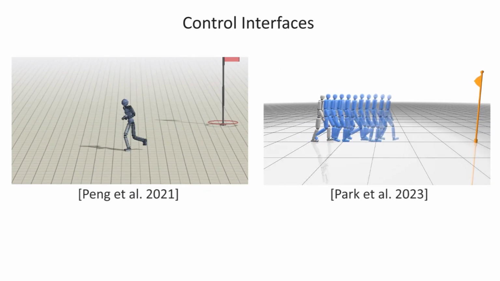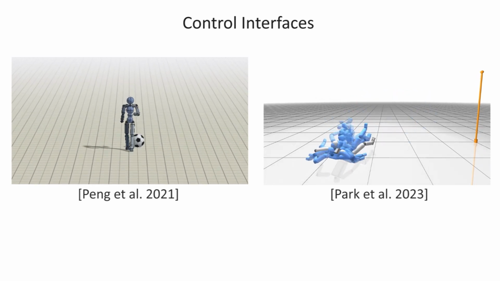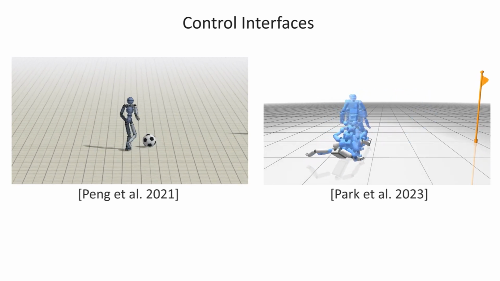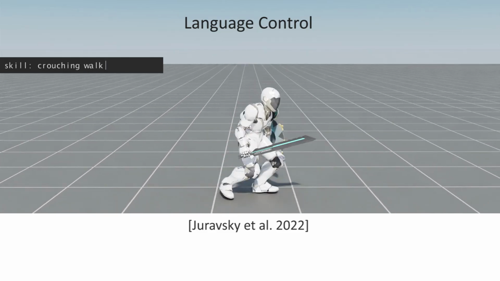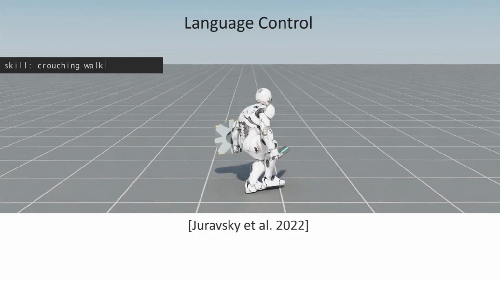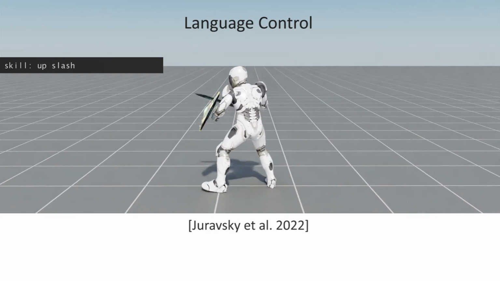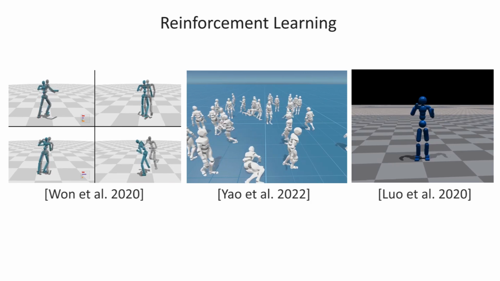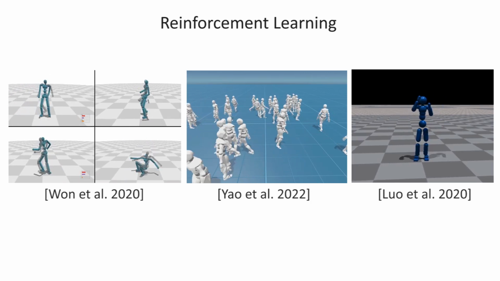These models can be controlled through a variety of different interfaces that offer users different levels of control over generated motion. Of particular interest is natural language, which offers an intuitive and expressive interface that is accessible for both expert and non-expert users alike. However, it can be difficult to scale up RL to train language-directed controllers with large motion